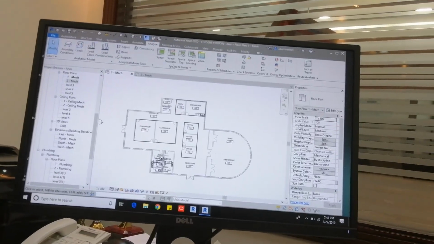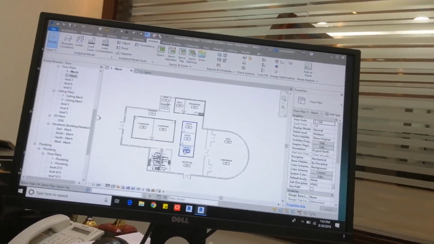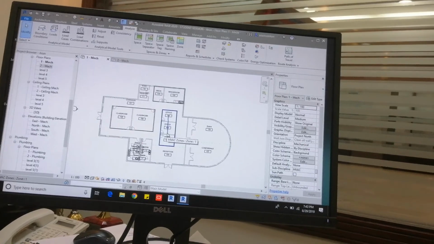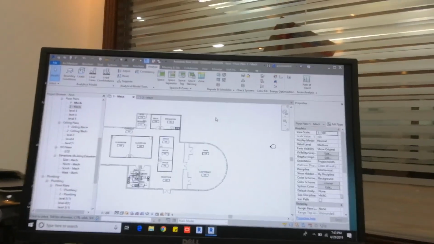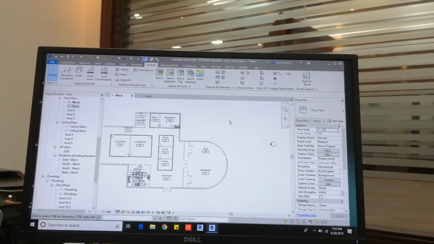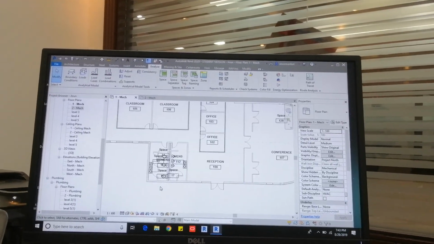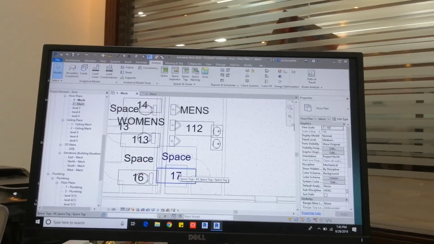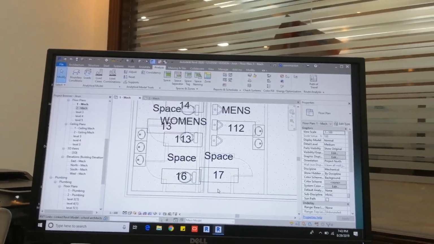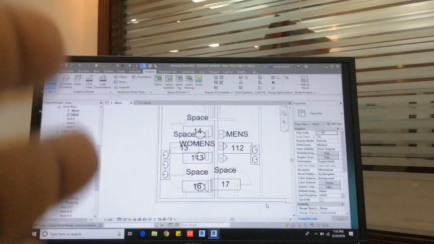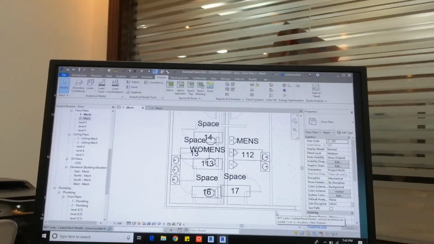Whatever zones are available or we are creating, we can see them in another browser, not in here. If you want to see the spaces and the zones, we have to go to the System Browser. We are going to see that now, because normally, let's say I want to delete the space here because this is a washroom area. There's no purpose for it. When you click, it automatically adds everything, so we have to delete those.